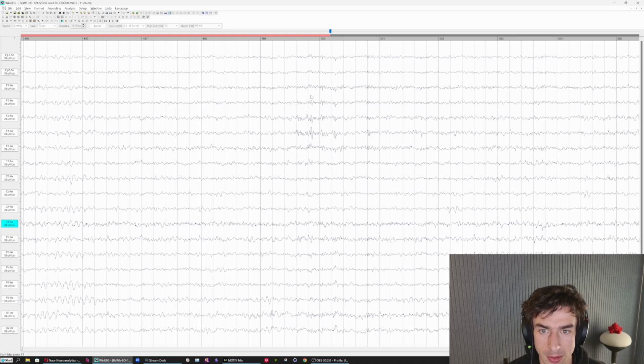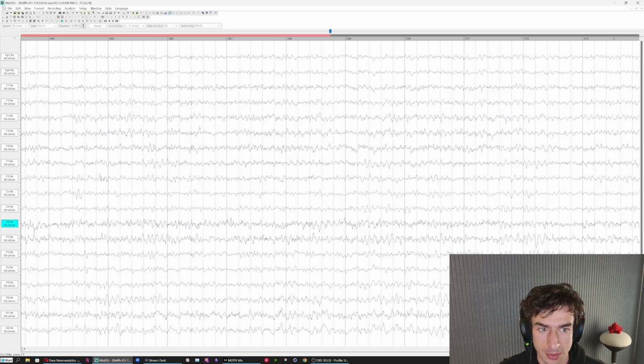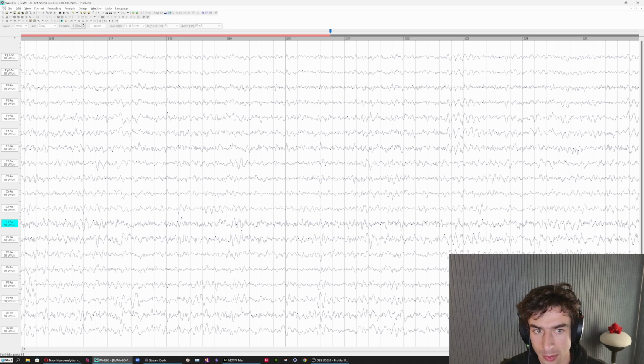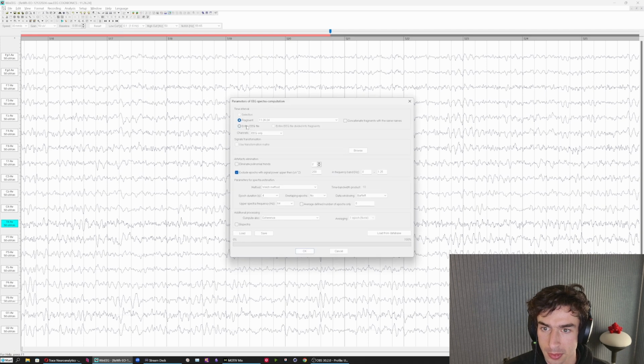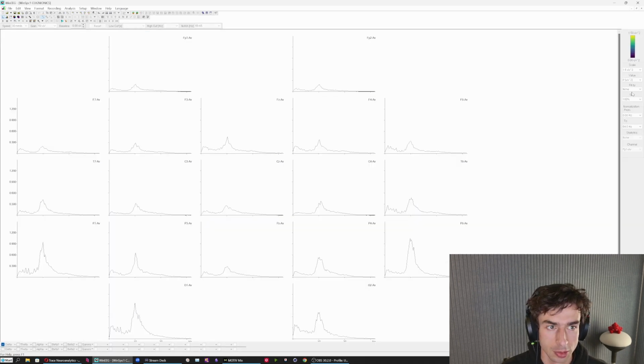And this is a little bit of EMG that we did not get out with the ICA. So I'm just going to snip out that section. And we're ready to compute the spectra. We're going to select the entire file, fill by band range,